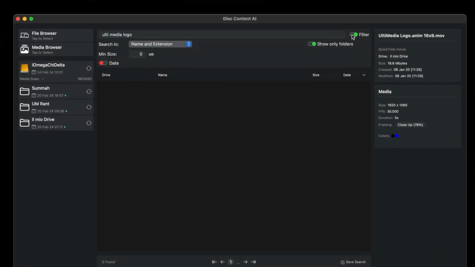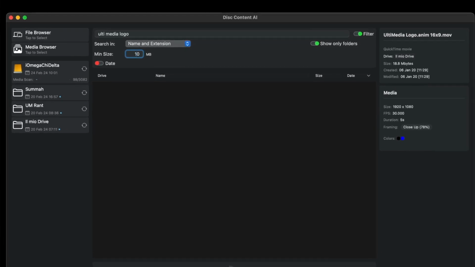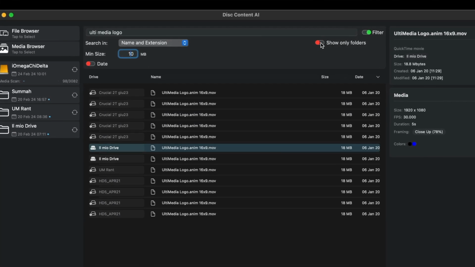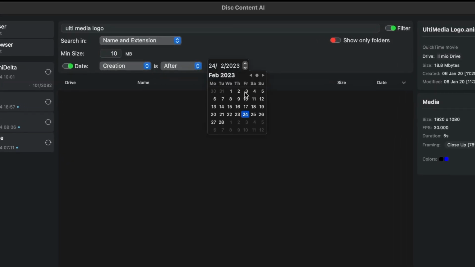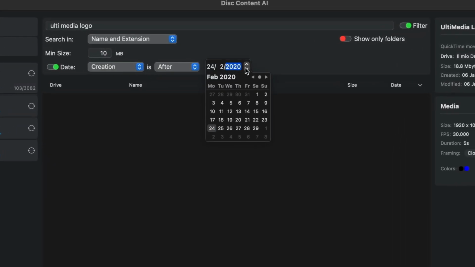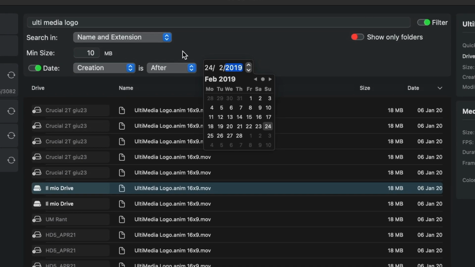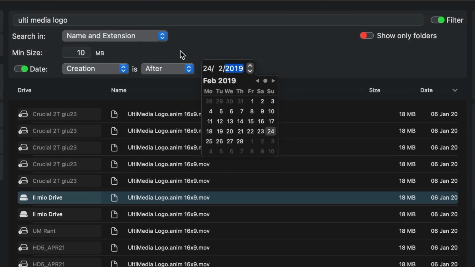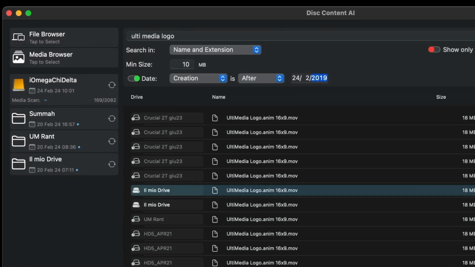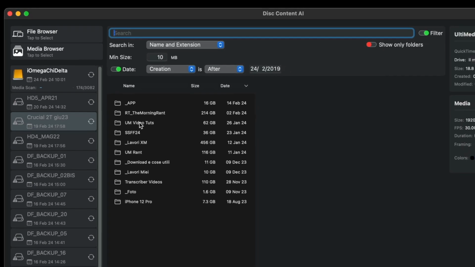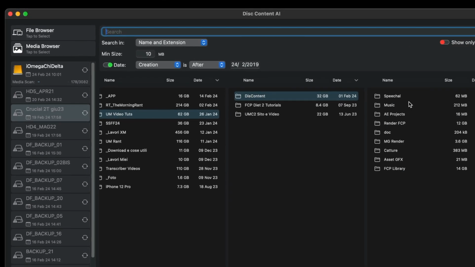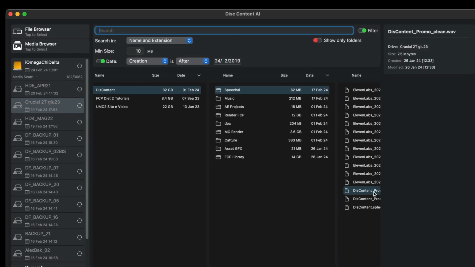You can refine the search, specifying a minimum size of the files, and then search for the dates, selecting creation or modification date that must be in a certain range: before one date, or after one date, or before one date and after one date, or specifying year or year and month. The funny thing is that you can browse the files even if the drive is not connected and navigate the folders tree of the drive, exploring the stuff as you would do in the Finder.